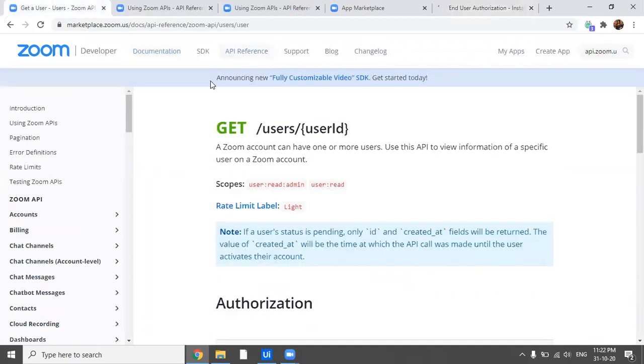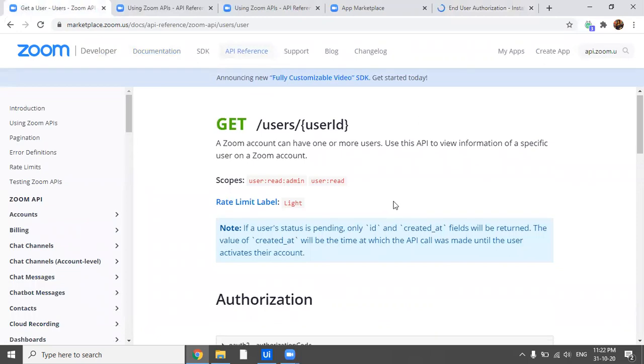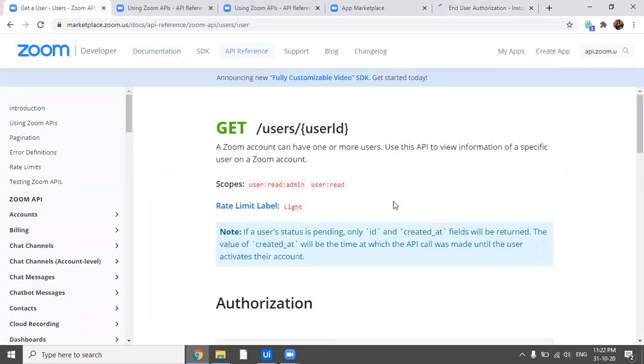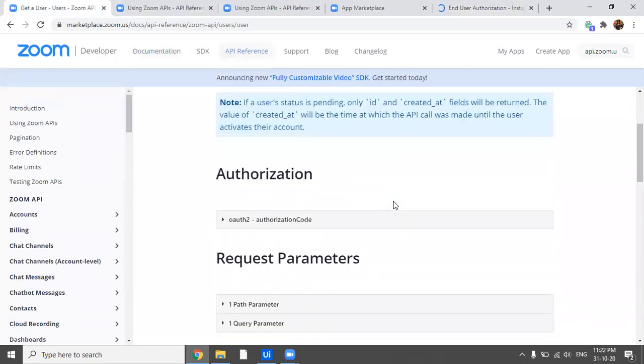Okay, so as of now, this particular get user, what does it do? It would get all the user information. That is, you first log into a particular application with your email ID and a password. So you are a user now and you have certain information like your user ID and password.